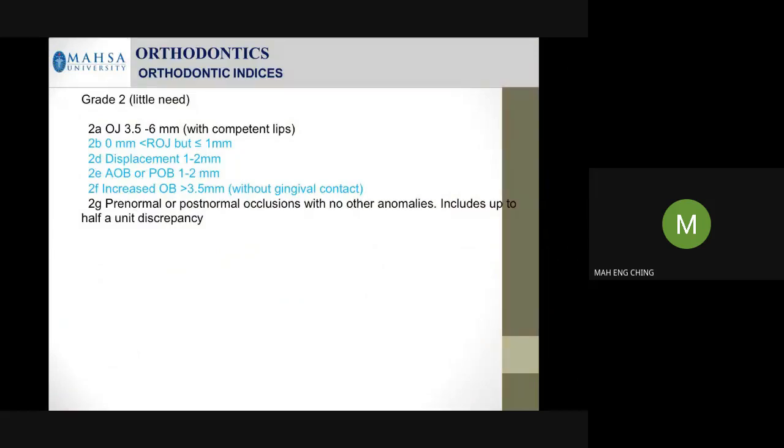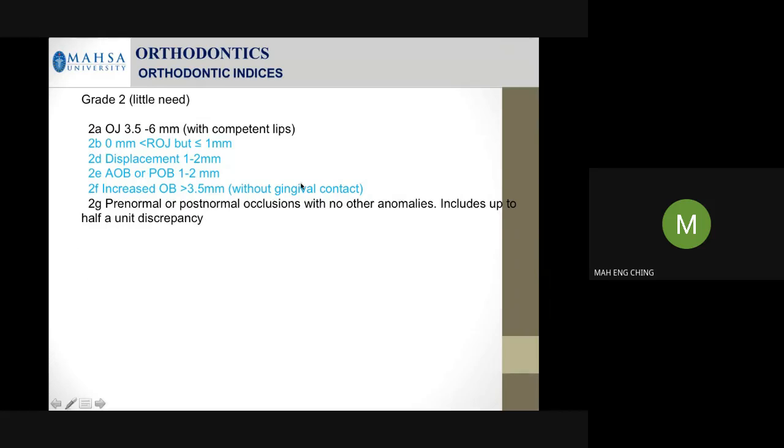So this case usually we reject in the government service due to the limitation of the resources. So the first one is 2B, overjet less than 1 millimeter, then displacement 1 to 2 millimeters, anterior open bite, posterior open bite 1 to 2 millimeters, then increased overbite more than 3.5, but without any gingival contact. They are not causing damage. Even though they are deep, they are not causing damage. Or the 2G, 2G is a